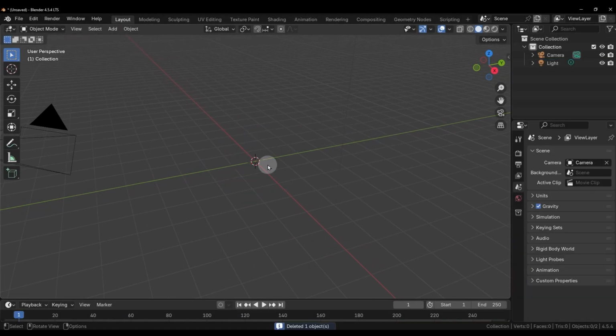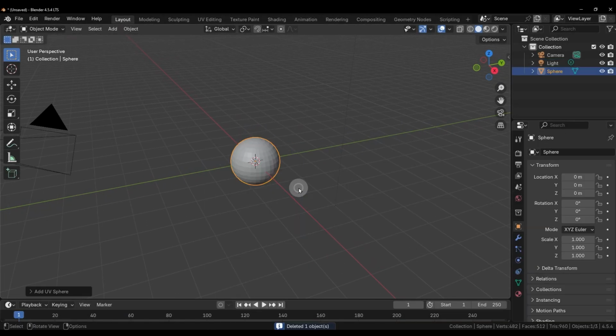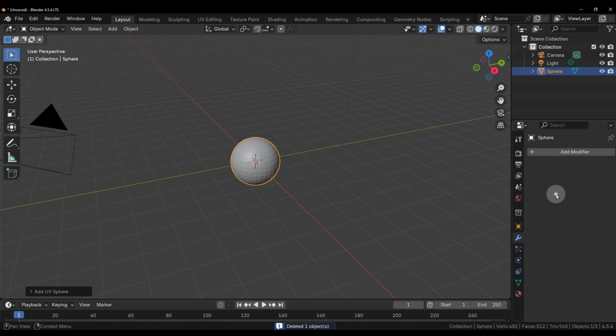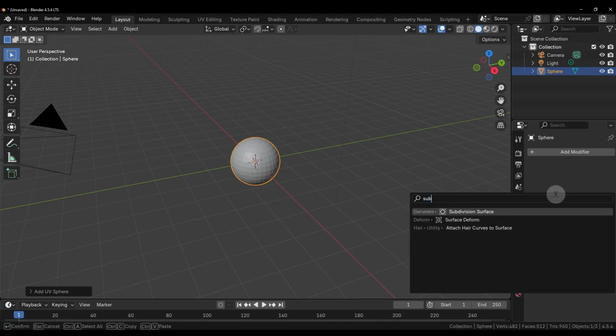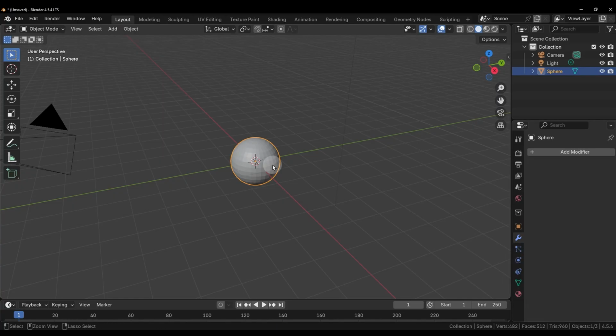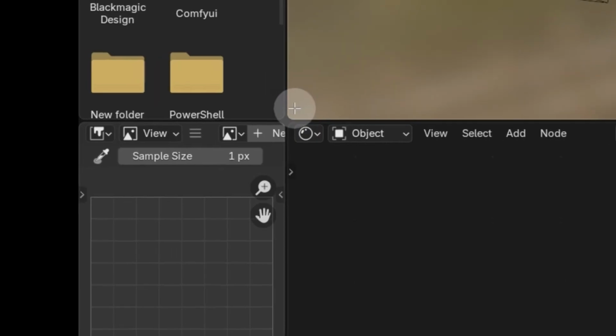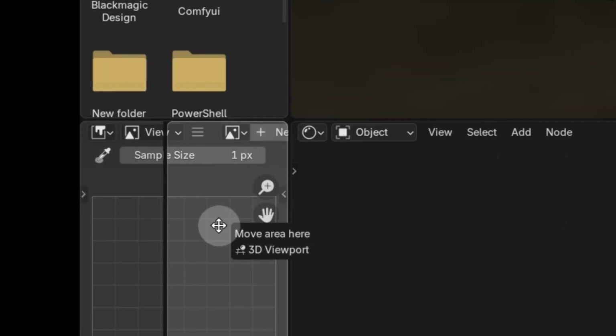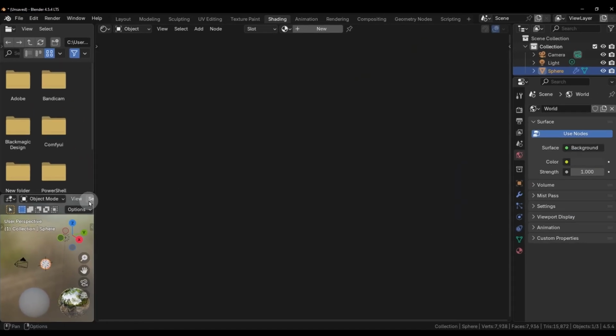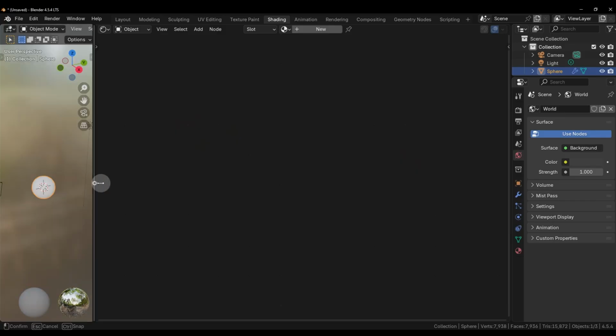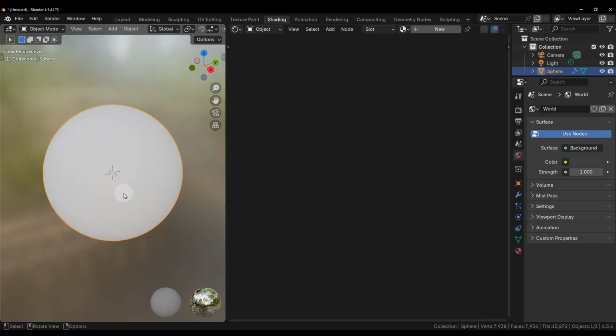So we are going to delete this thing, go to mesh, take UV sphere, go over here, Shift A, Subdivision, or I can just use Control 2. Subdivision is applied at level 2, and then going to the Shading workspace, going over here, clicking and dragging this thing and dropping it over here, and then clicking and dragging this thing and making sure it fills the entire thing